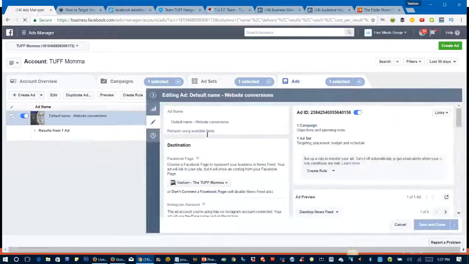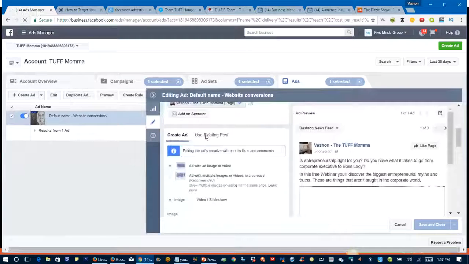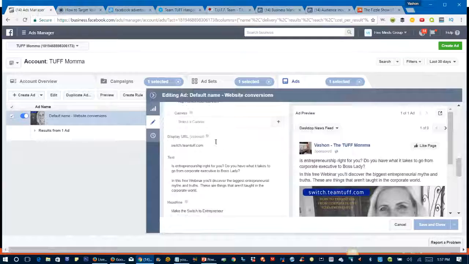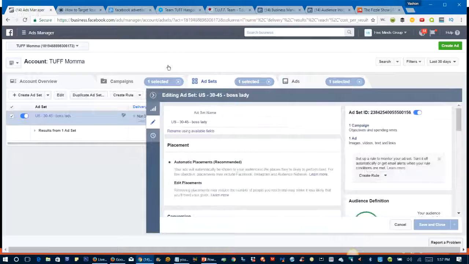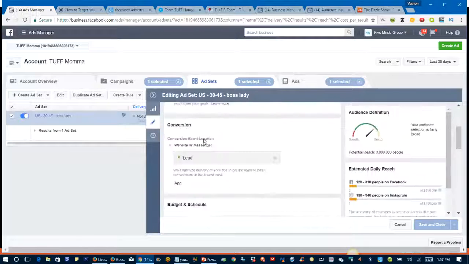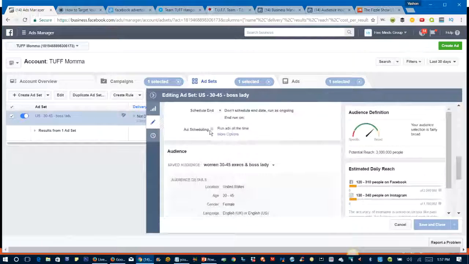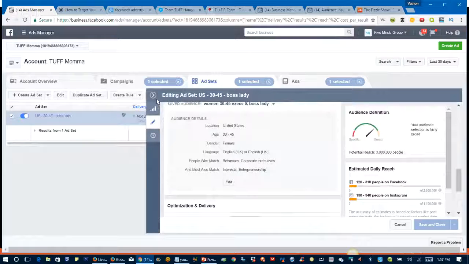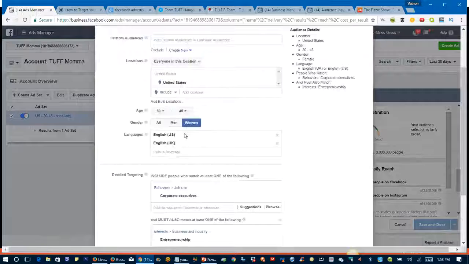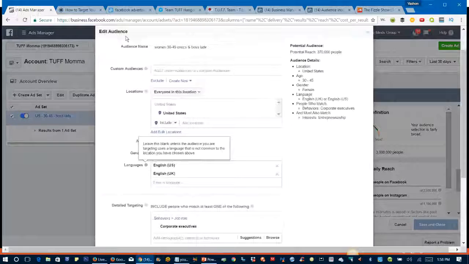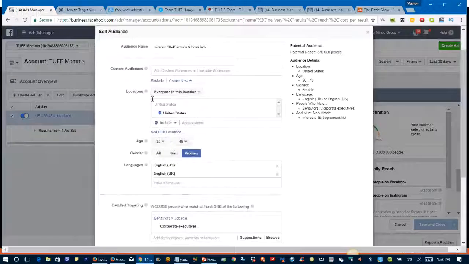and then you can edit things that are in that ad. Okay, so I can edit, you know, anything here. I would not recommend editing the text though. What I would do is I would go back to make sure you're in the ad set. That's this one right here, and you're going to edit who you're actually targeting, your audience. So this would be your audience details. You're going to click on edit, and then once you're in here, you would change the age. You could change the location. Like right now I've got everybody in the US. I could change that to whatever I wanted to change it to. I could make it a specific state.